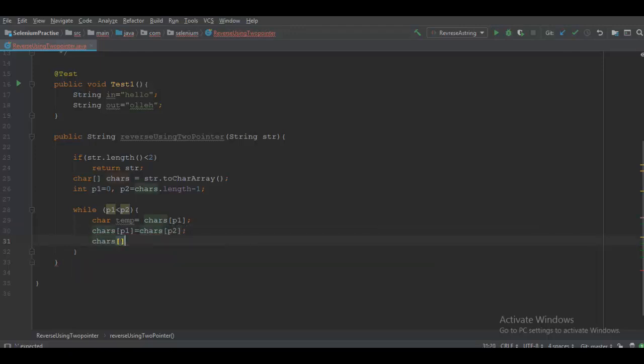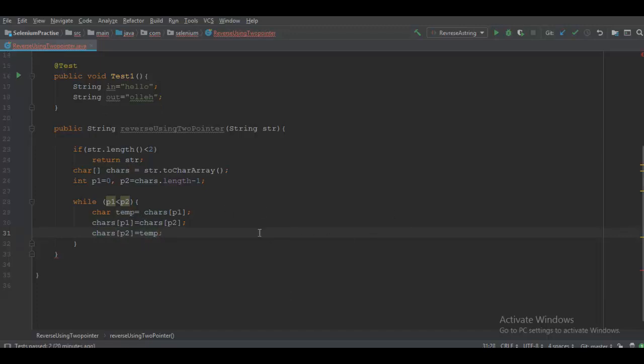That's it. My array is reordered by now, and what is mandatory is that we increment p1 with p1++ because it's operating in the forward direction, and decrement p2 with p2-- because it is traveling in the reverse direction, from the end towards 0. So now we have the array arranged in reverse order.